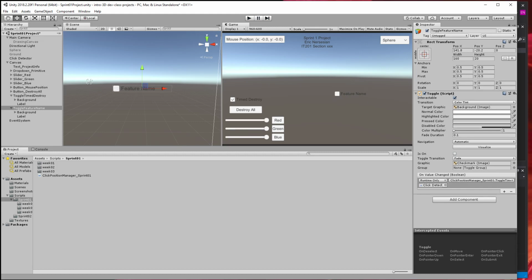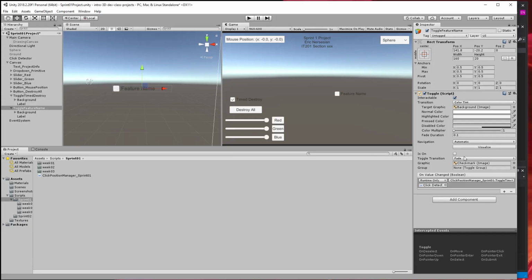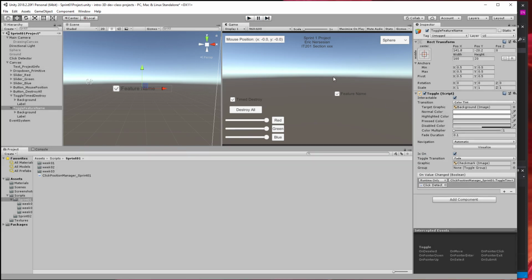So in my script, time destroy is on. By default is set to true. So this needs to line up with it. So I need to make sure it is on. If I click play again, it'll reset itself. It's just, it doesn't real-time update. But there we go. So I position it, scale it, get rid of the width, what have you, and set